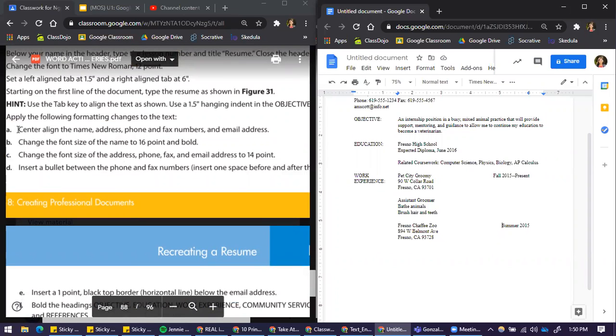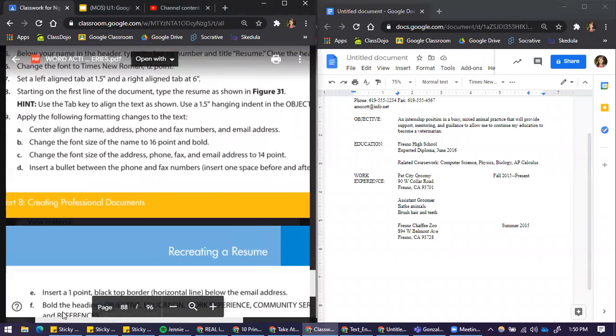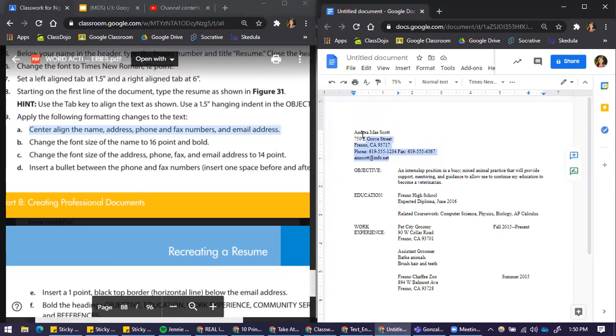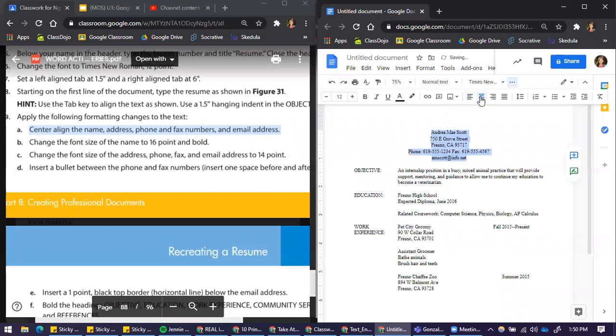So they want me to apply these changes. They want me to center align the name, address, phone number, and fax and email. So all of this top part, they want me to center align it. So I go to center alignment right here. They want me to change a font